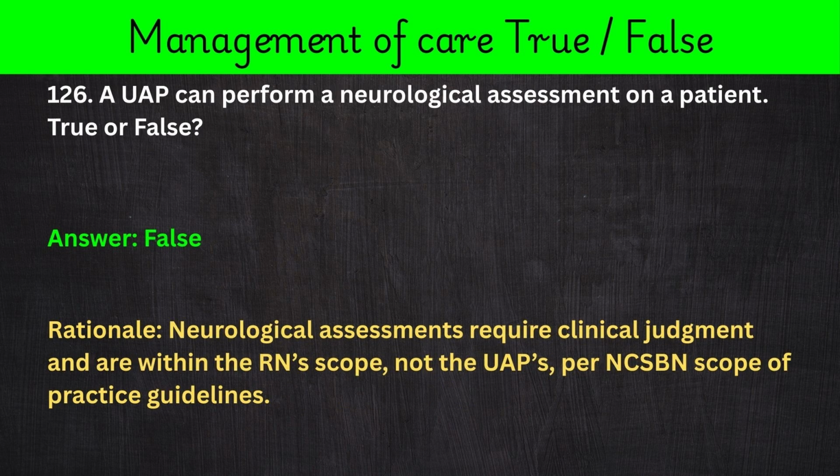126. A UAP can perform a neurological assessment on a patient. True or false? Answer: false. Rationale: neurological assessments require clinical judgment and are within the RN scope, not the UAP's, per NCLEX-PN scope of practice